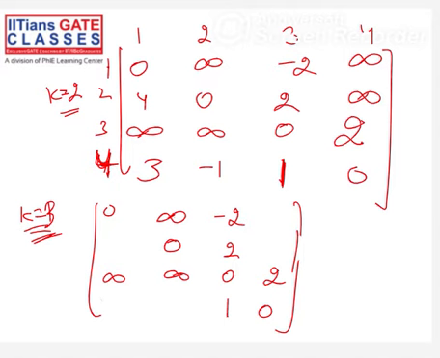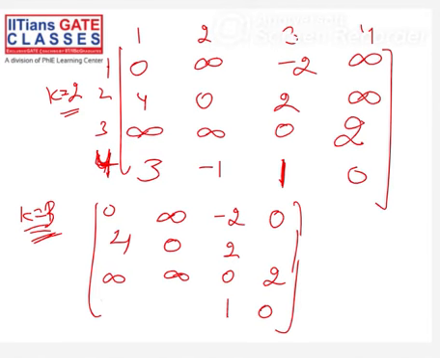So 1 to 4 is 1 to 3, 3 to 4. So 2 minus 2 is just 0. Okay, 1 to 3 and 3 to 4 is 1 to 4. 0. Okay. Now is 2 to 1. 2 to 3 and 3 to 1. 2 to 3 is what? 2 to 3 is 2. 3 to 1 is coming out to be infinity. So I'll not change this.